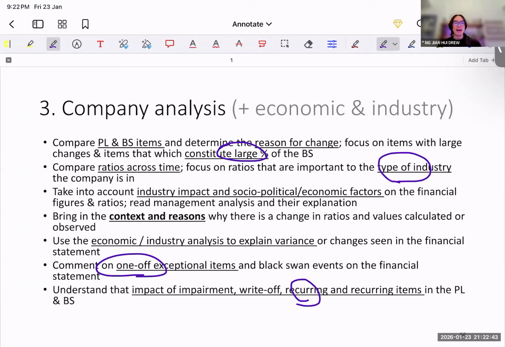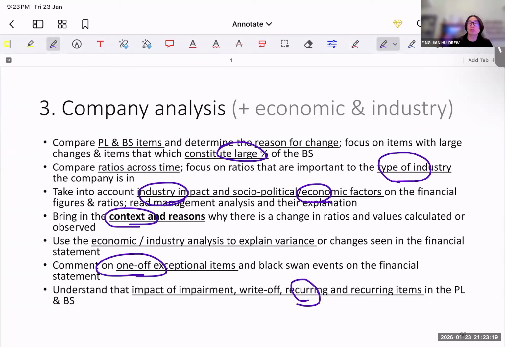Hopefully, you can bring in what we have covered on industry analysis and economic analysis and how this impacts the financial statement, like what we mentioned earlier about the bargaining power of the buyers, maybe, or you can mention some fiscal or monetary policy that could affect the interest rate, it could affect the risk-free rate that you're using as the discount factor. So hopefully you can bring some of those concepts in, and then try to explain in terms of the context, meaning the economy at that point in time.